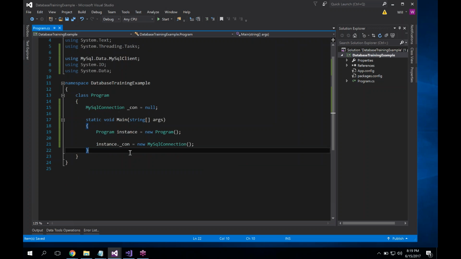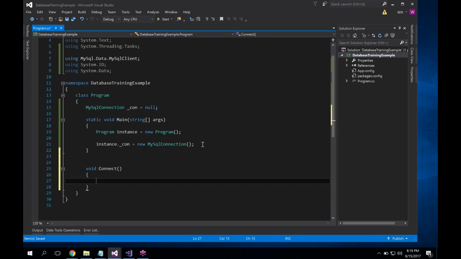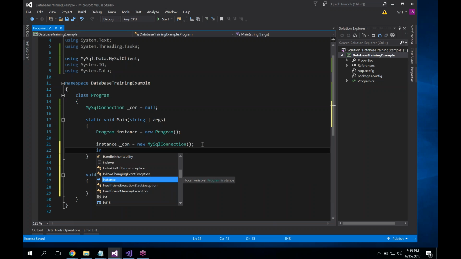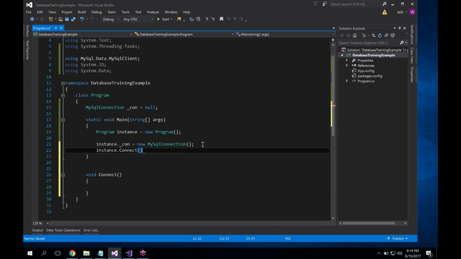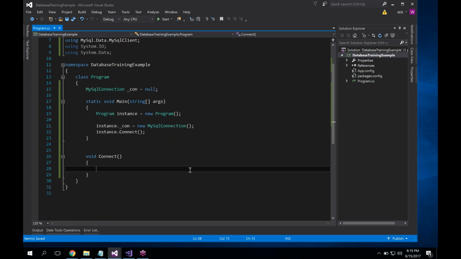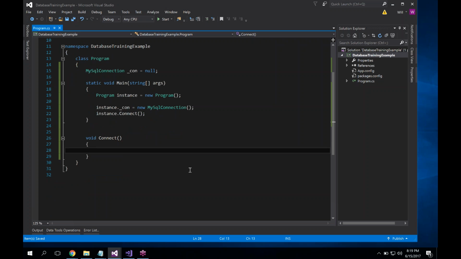Now for this, I'm going to break out the functionality a little bit, try to keep things a little more readable. So I'm going to make another method here, void, we'll call it connect. And we'll make sure that it gets called by going instance.connect. If we come down into the connect method,